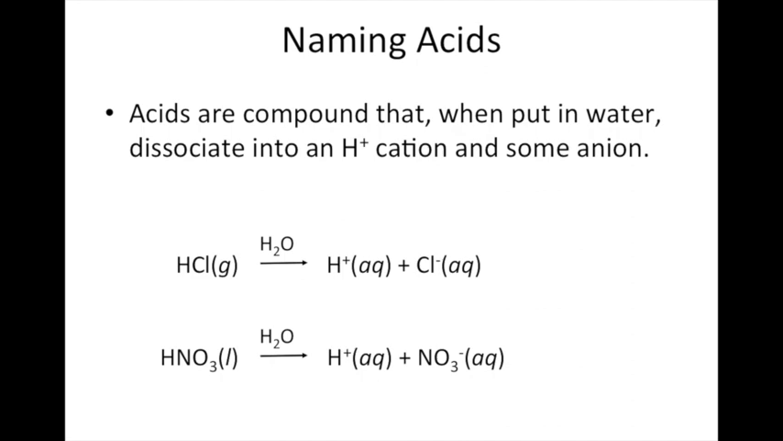In this video, we're going to look at how to name acids. Acids are compounds that when you put them in water, they dissociate to form an H+ or hydrogen cation and then some anion. So if we bubbled HCl gas into water, the HCl would dissociate or break apart to form an H+ cation and then the chloride anion. If we dissolved HNO3 liquid into water, it would dissociate to give us a hydrogen cation and the nitrate anion. So both of these substances would be considered acids because they dissociate or break apart to form the H+